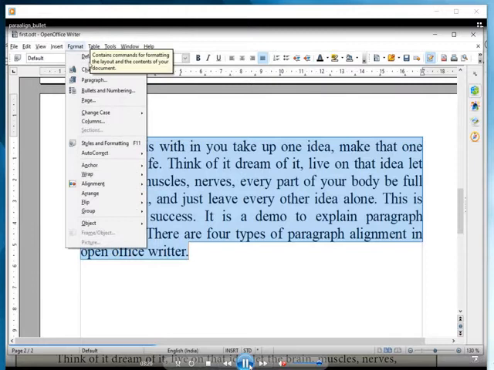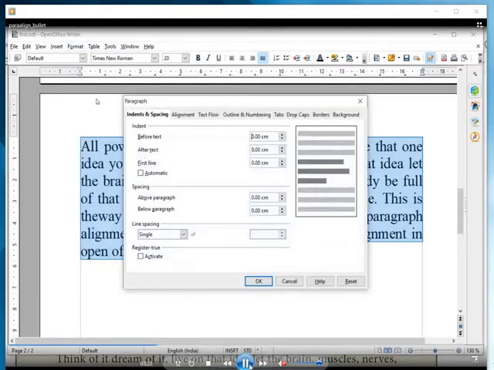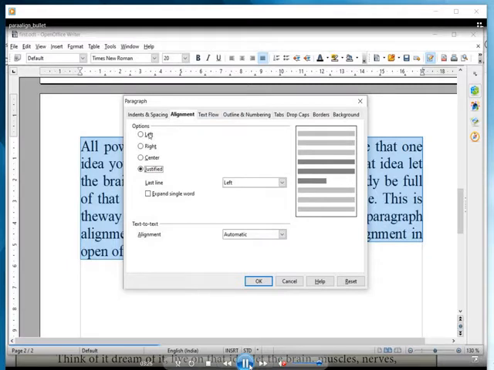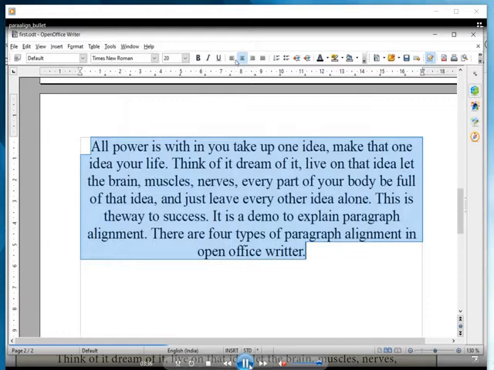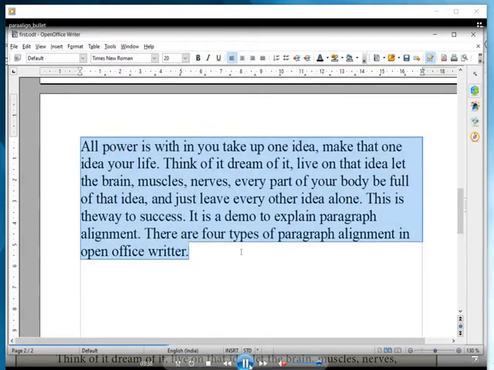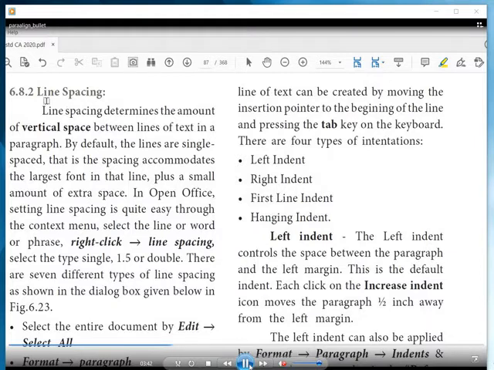Another method is to go to Format, select the Paragraph option, go to the Alignment tab: left, right, center, justified. So if I select center and click OK, all the lines are centered to the page size. So it is very easy to apply the alignments.